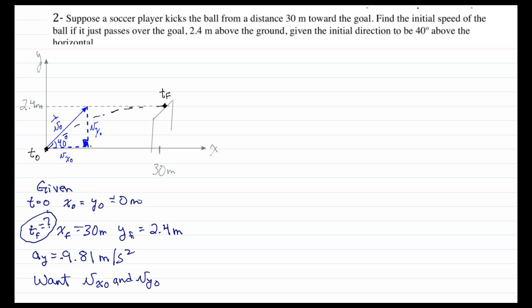The first thing we can do: there's one thing that I forgot to write down. We know our final y speed, it's 0 meters per second. At its maximum height, our object is not going to be moving up or down. It's going to have a vertical speed of 0. And we're going to use that fact right now. So at our final time,